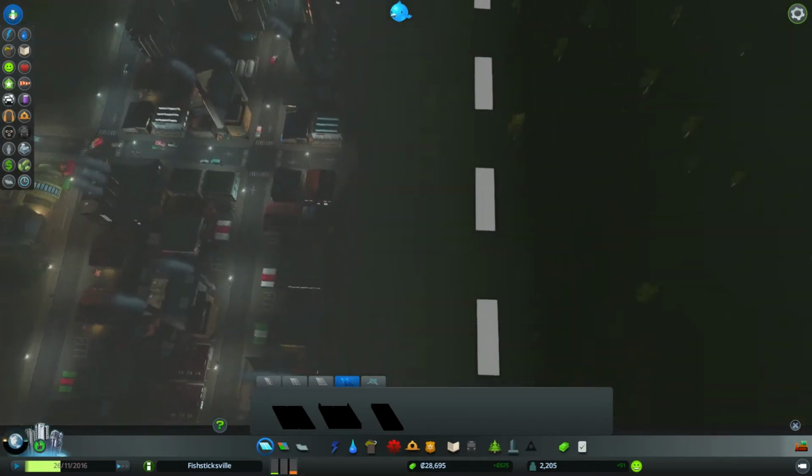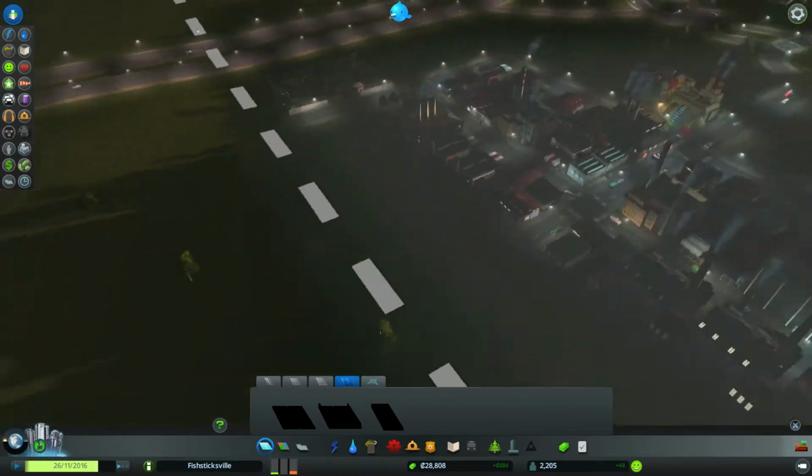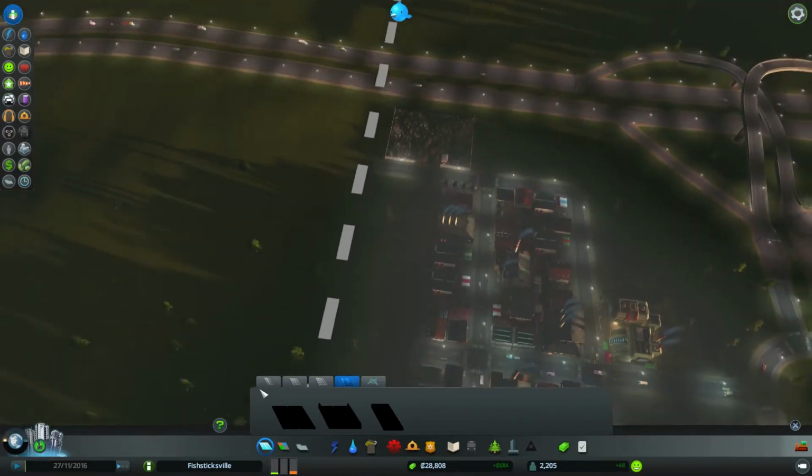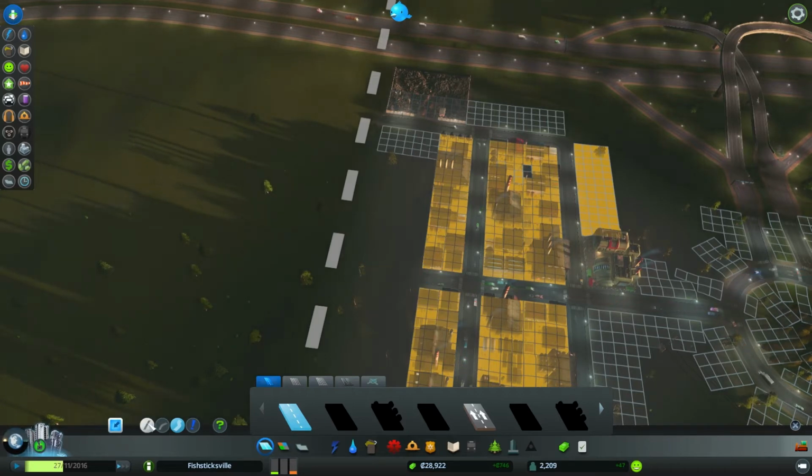What road have we got? I can't even see, it's so smoggy. Look how much smog there is about. It's terrible. Right, okay, so we can probably